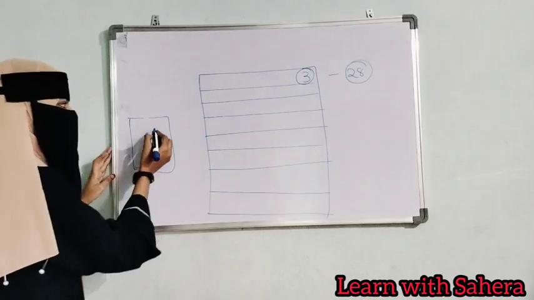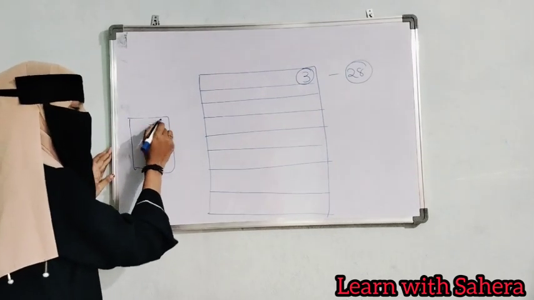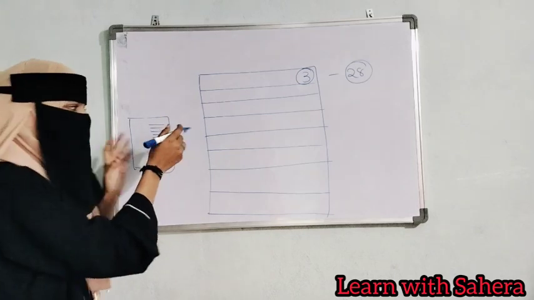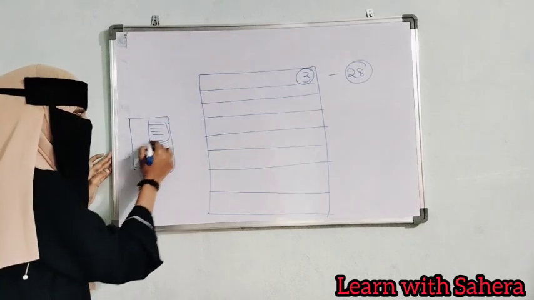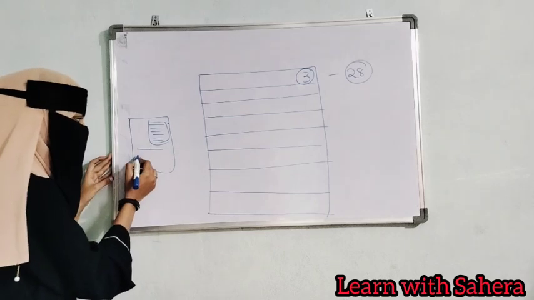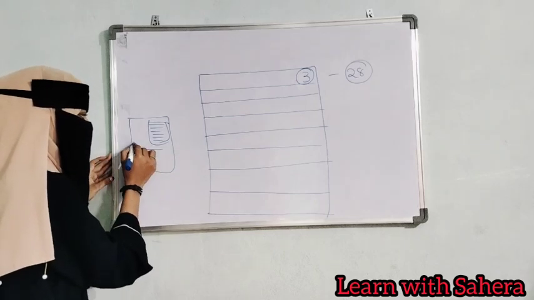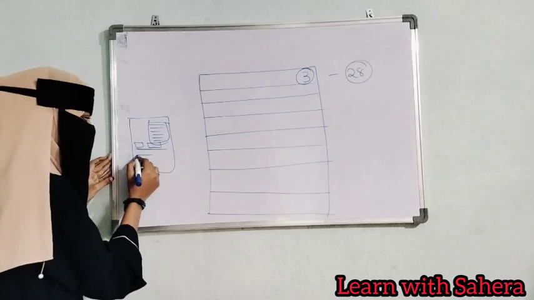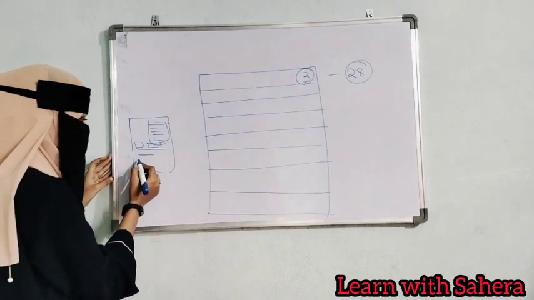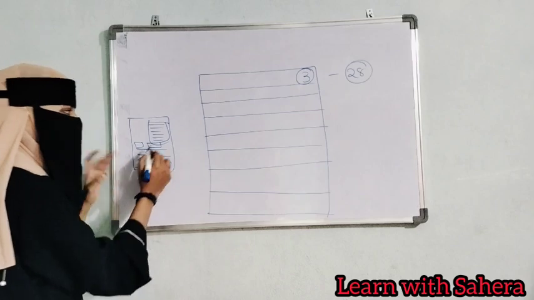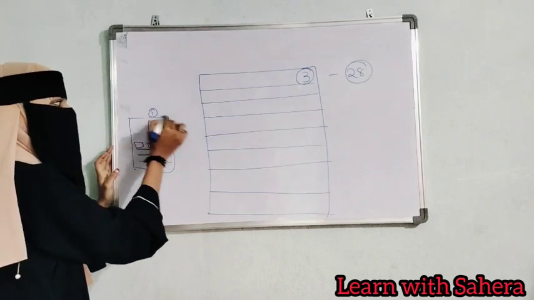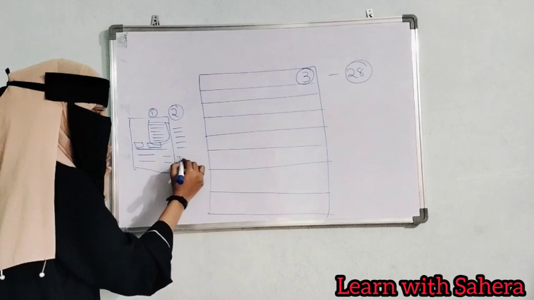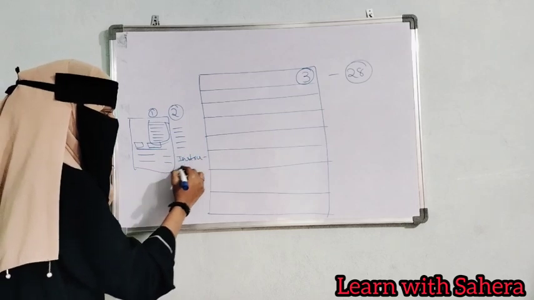The details paper will be there. You have to write your details: name, hall ticket number, date of the examinations, your college code, everything will be written here. Now here again you will be having the date and day. Here you have to do the signature. Here the invigilator signature will be there and here the date will be there. The name of the examination, paper, year, everything will be given. This is your first page, and in the second page you will be having all the instructions.